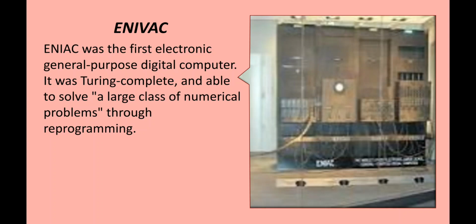ENIAC, the Electronic Numerical Integrator and Computer, was developed by John Presper Eckert, the same developer, and John V. Mauchly in 1946. It had 18,000 vacuum tubes which occupied 63 square meter and weighed more than 27,000 kilogram. It was originally designed for helping the army in launching missiles and bombs accurately, and it had to be programmed by manual writing. The Mark I was developed at the time of the Second World War, and after that this was developed to help the army, right?